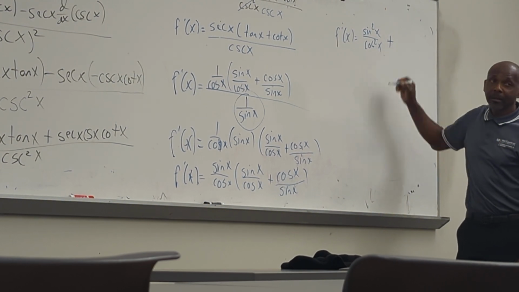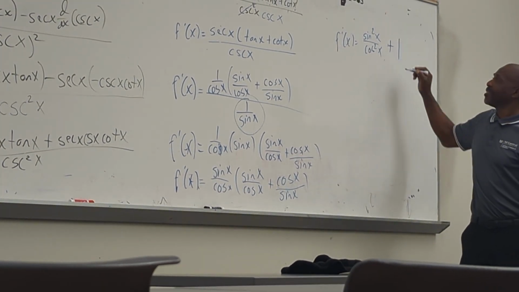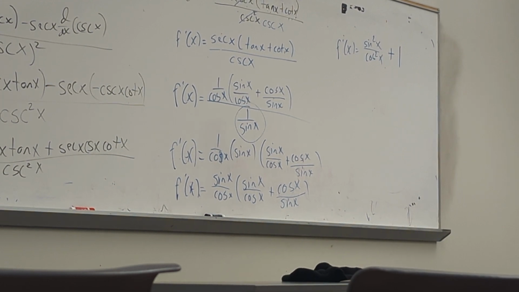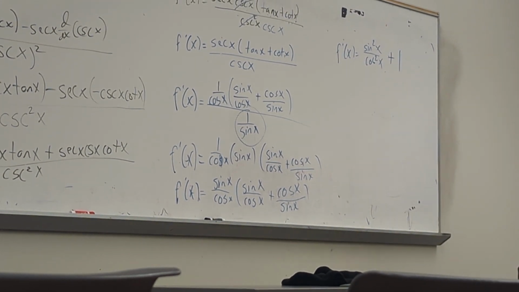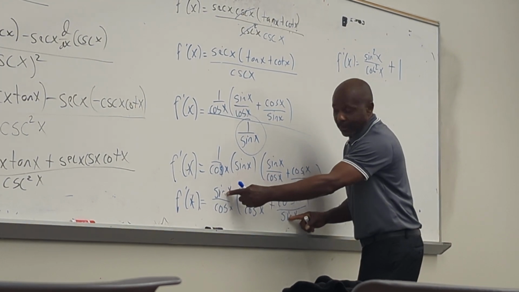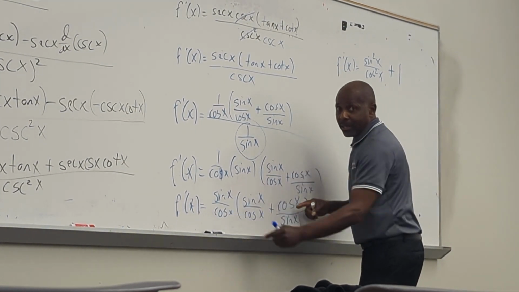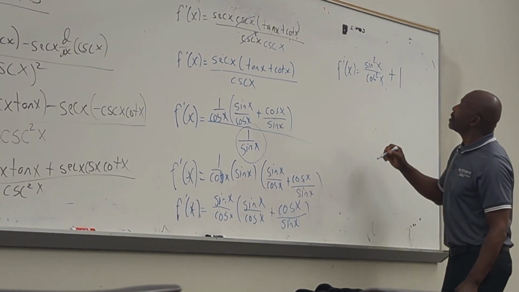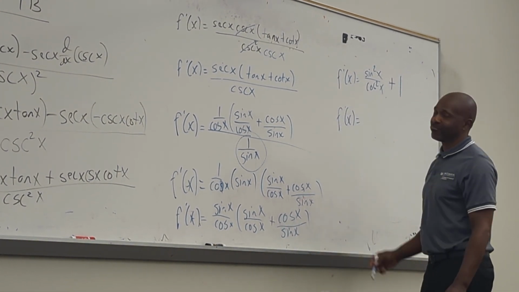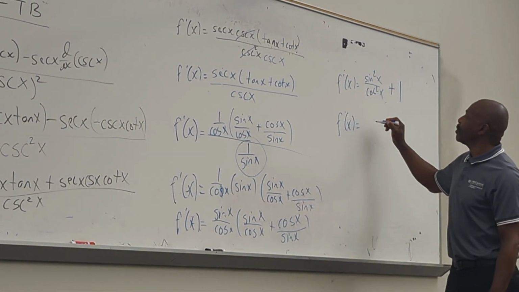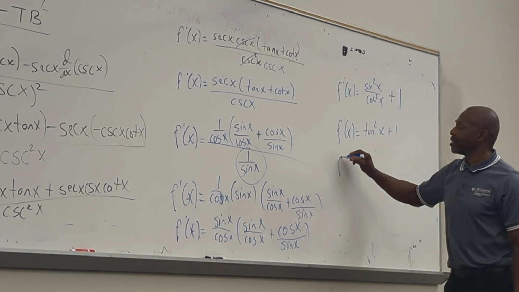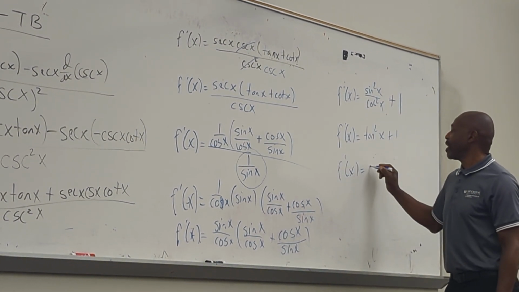Well, somebody told me 1. Do you understand why you get 1? Yes or no? When I distribute this through, class, what happened to the sine x? What happened to the cosine x? We just get 1. What's sine squared x over cosine squared x? Y'all know that's tangent squared x. So this is actually just